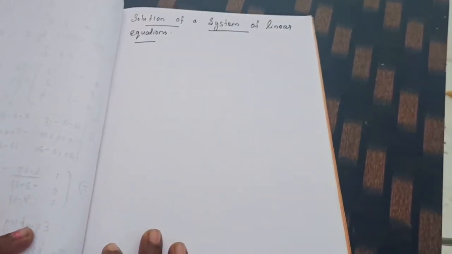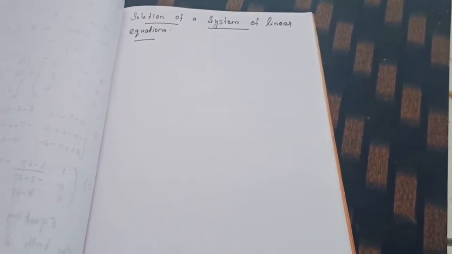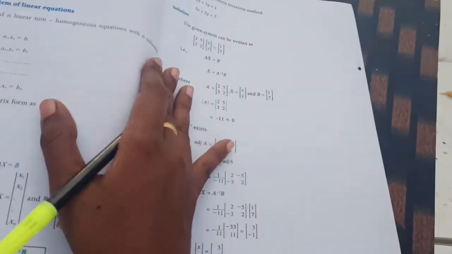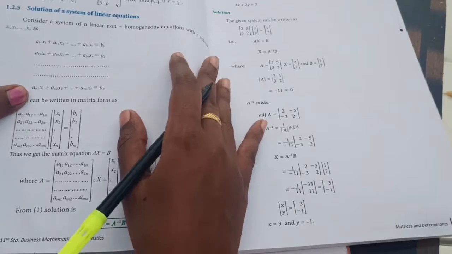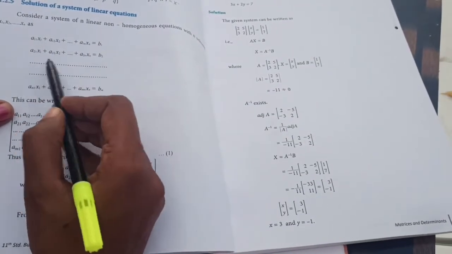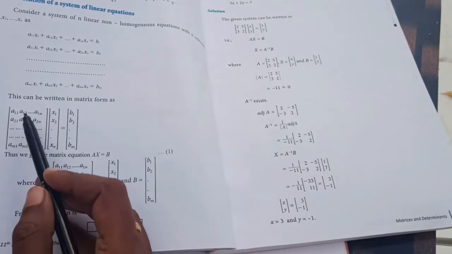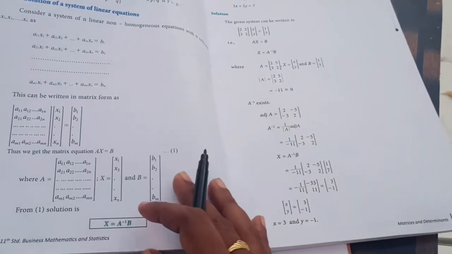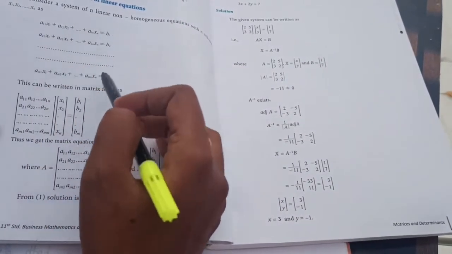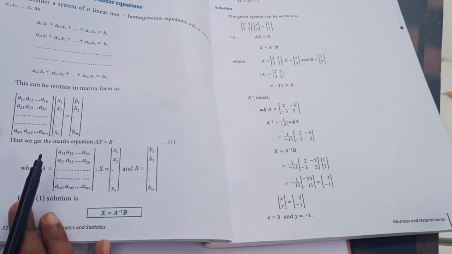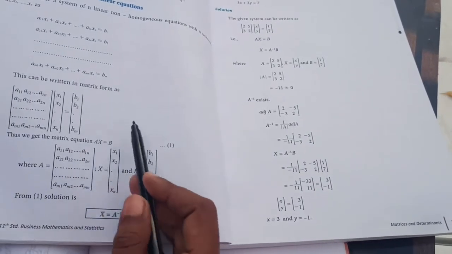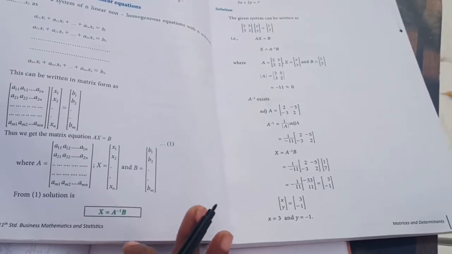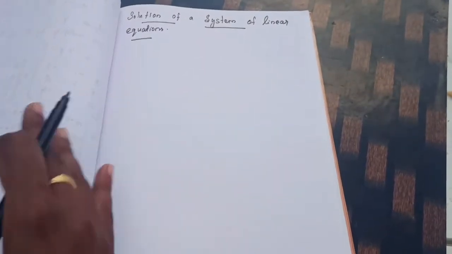The next section is solution of a system of linear equations. You refer to it in your book. Here they will give one equation and another equation. We need to write it in the form of AX equal to B. That's all. Now if you are just hearing this explanation, you won't get the idea. When we do the problem, you will understand. So first you need to write this particular equation in the form of AX is equal to B. Then you keep X here and bring this A here. So what will happen? X is equal to A inverse B. So this is the solution. That's all. Understand? So let's move to the question. In the problems, I will explain it deeply.